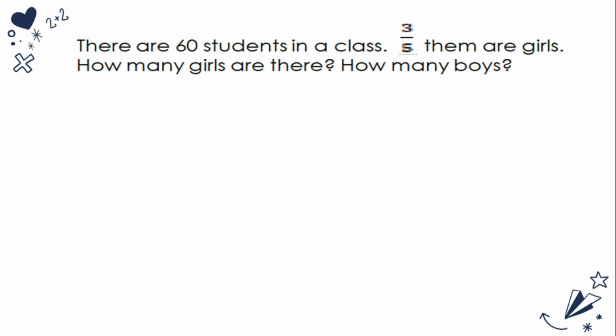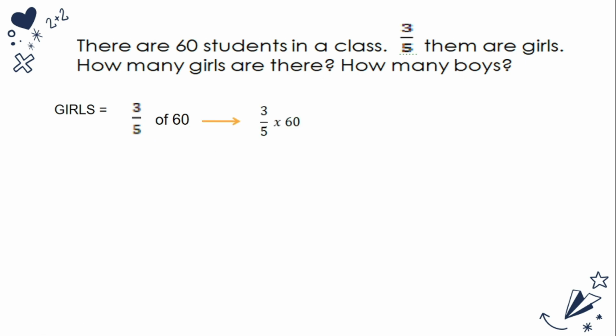There are 60 students in a class. 3/5 of them are girls. How many girls are there and how many boys are there? Meaning to say, binigay yung total number of students at binigay yung part ng babae. We can simply use 3/5 of 60. 3/5 of 60 are the girls. Na pag ginamit natin word na of, 3/5 of 60, meaning to say, ang gagawin natin dyan